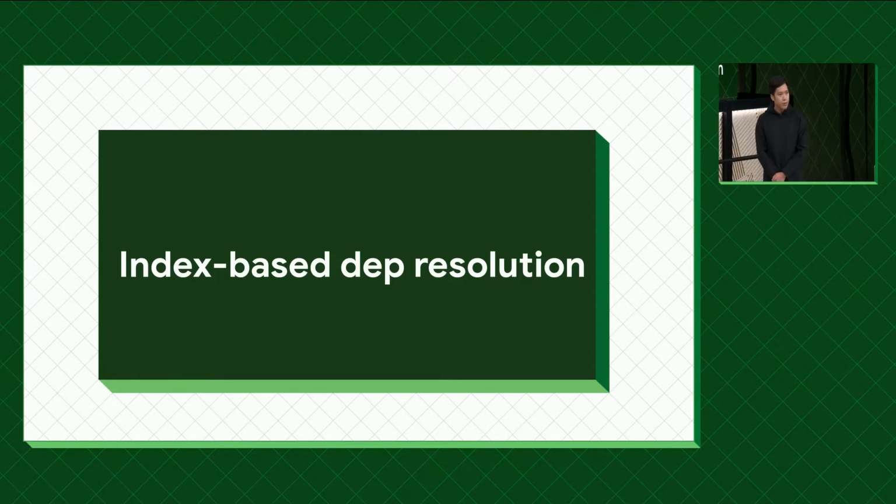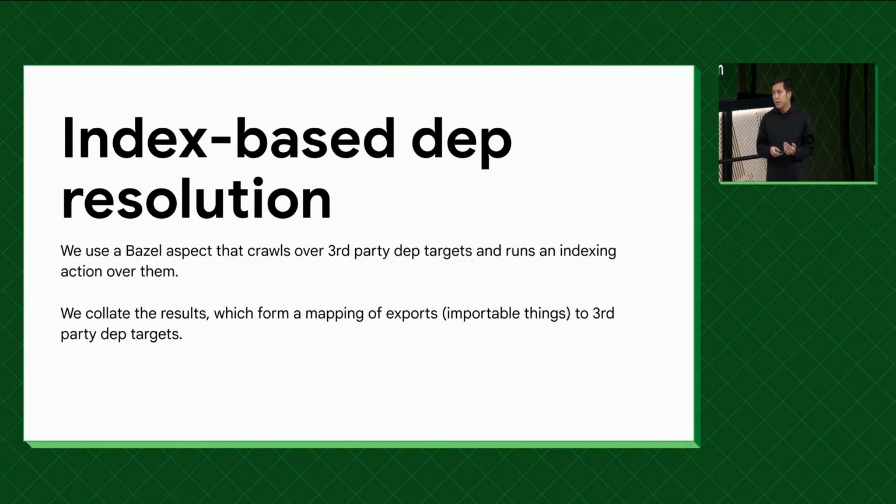Cool. So on the other side of the coin, which we believe to be a complementary approach, we also use index-based dependency resolution. What this means is, we build an index of exportable names. Basically, the opposite way of putting it is things that you can import to dependency targets. And we build this ahead of time, out of band with the tool runtime, out of band with what's going on for the user side. And we build this index kind of like what your IDE might do when it sees your code.